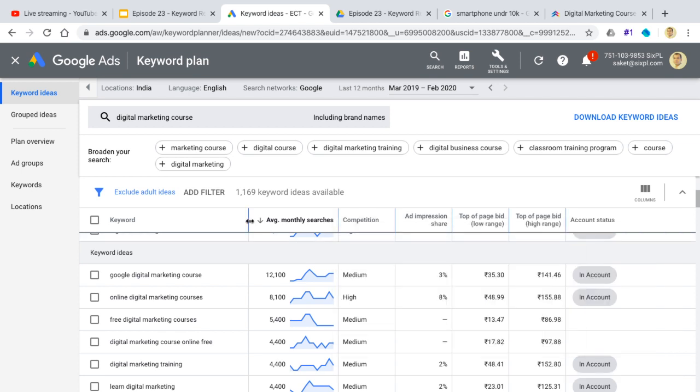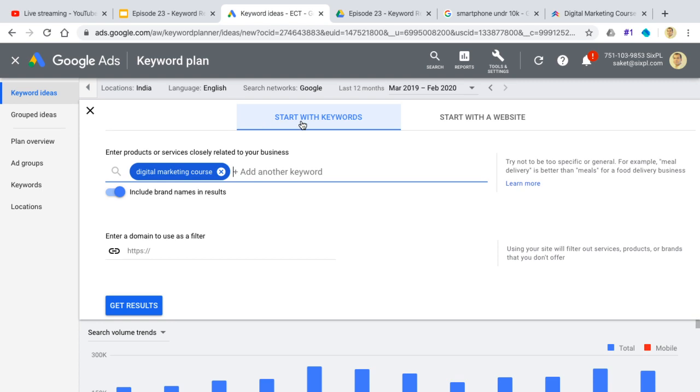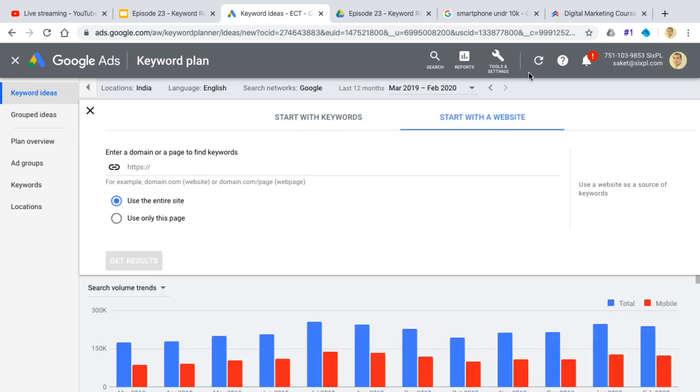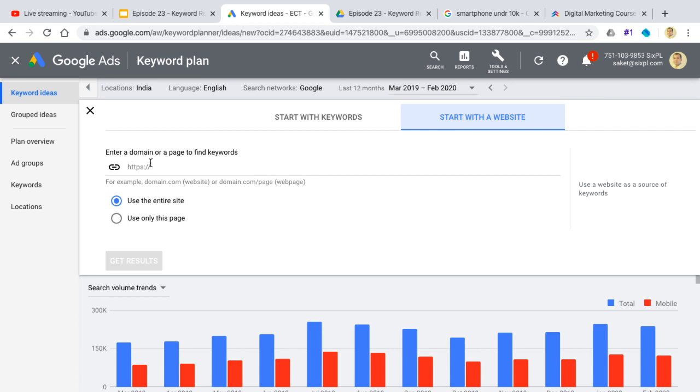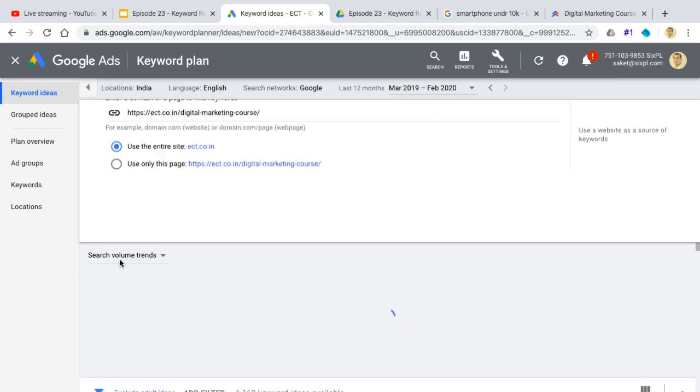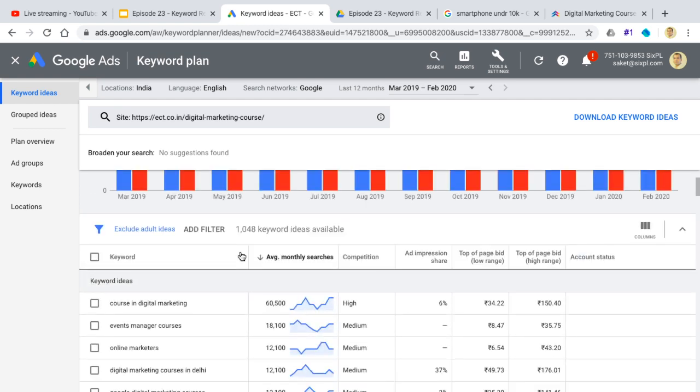This is one way of finding out the keywords. Another way is you can also begin by starting with a website. So you can simply put a URL there and type a URL over here and then get results. It will not give very relevant keyword ideas, but still, to begin with, you will find a lot of